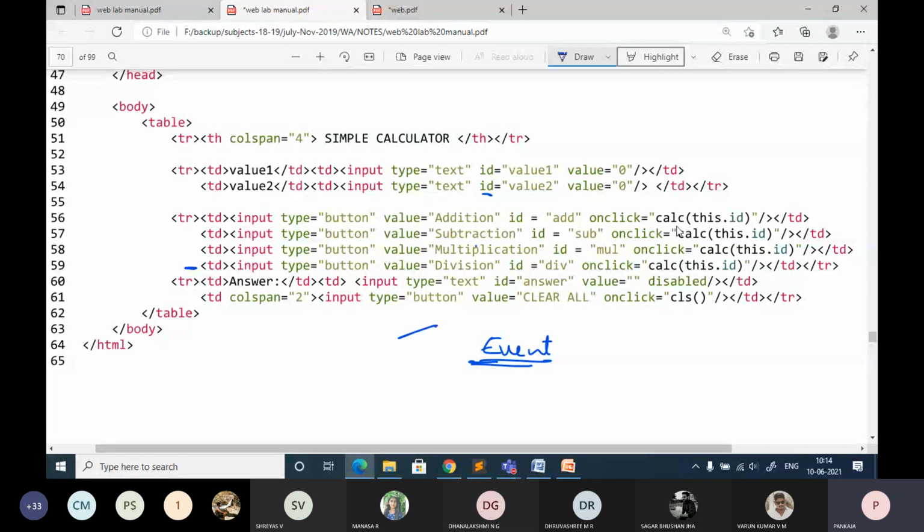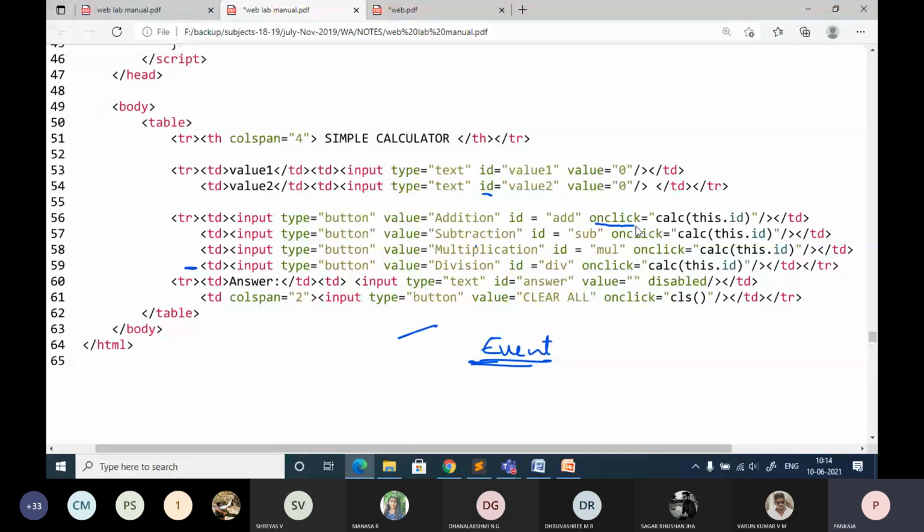It is called a JavaScript event. So when you click on this particular button, it will invoke the function calculator with this id, meaning whatever id is assigned to this button. That will be passed to the JavaScript. You can just observe here, there is a JavaScript within the script tag.